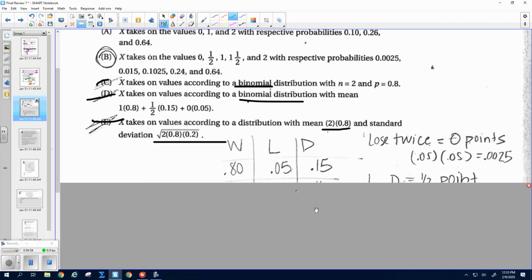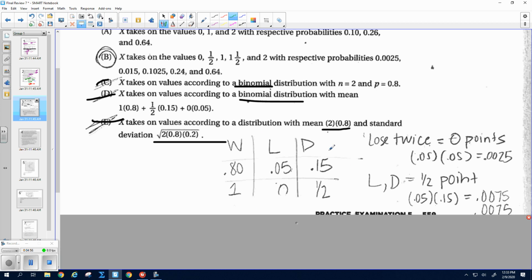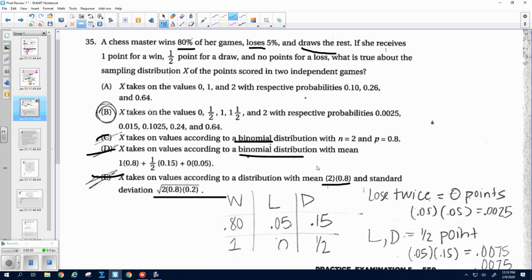It's easiest if you make kind of a table. So you're either going to win, lose, or draw. You win 80% of the time, you lose 5% of the time, which means you draw 15% of the time. And they give you the respective points, 1 point for a win, half point for a draw, 0 points for a loss. Okay, read carefully because it says what is true about the sampling distribution of X, the points scored